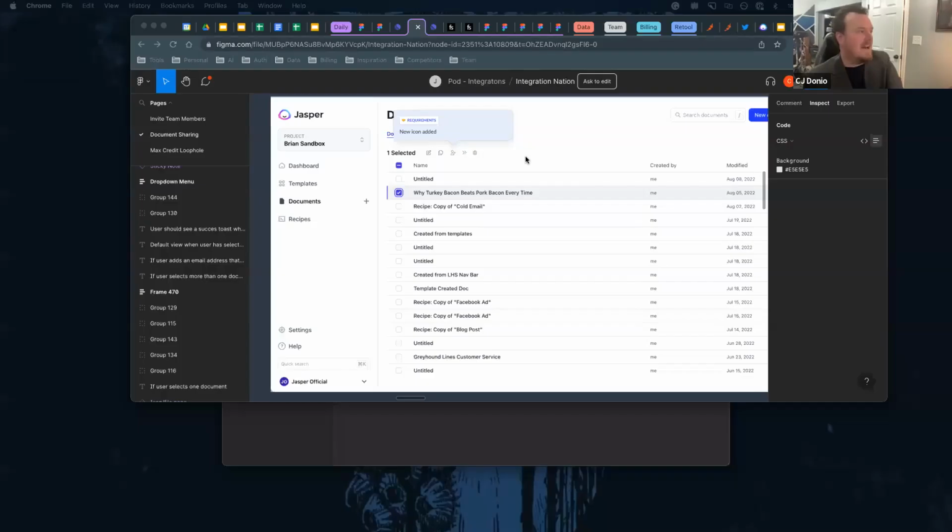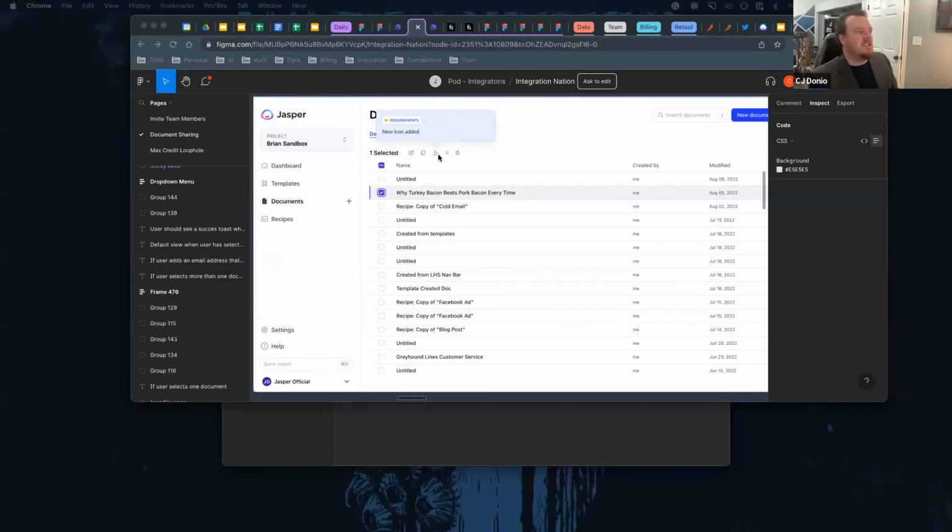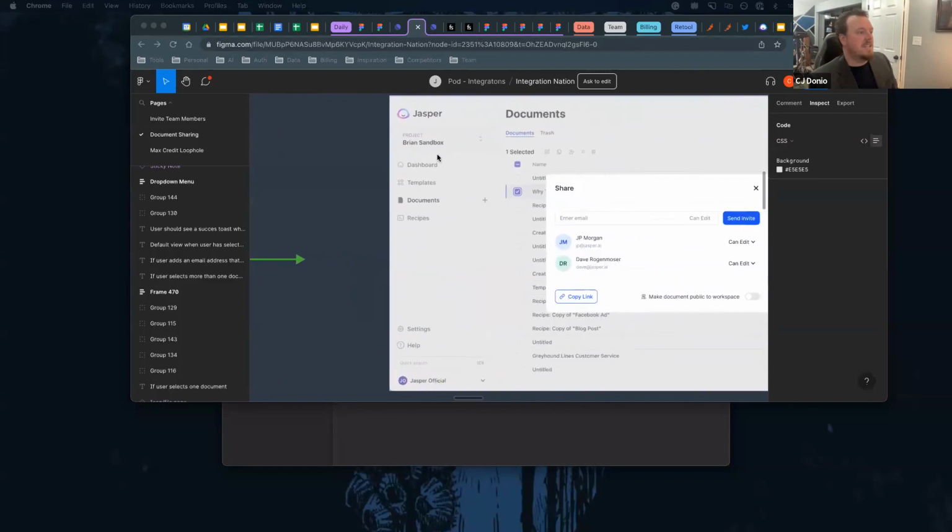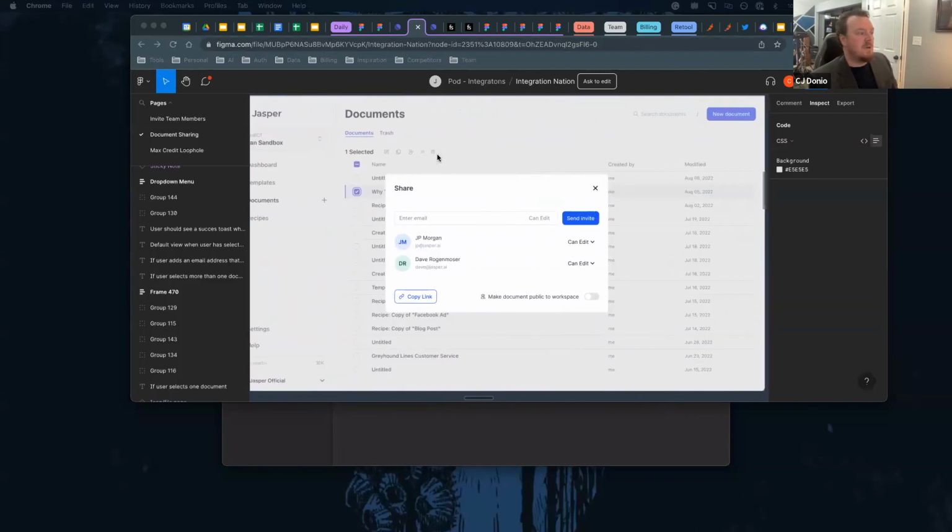So a few things I'll show you here, just some designs. Basically, you'll have a share icon on the doc list. You also have a share icon within the document. You click that, it opens up this modal. Here you can add people similar to Google Docs or Box or Dropbox. You can also make the document public, so that shares it with everyone in your workspace, or maybe it's something sensitive, you just leave it private by default to you. So that's coming out very, very soon this month.